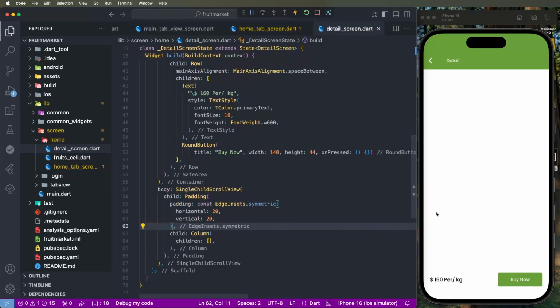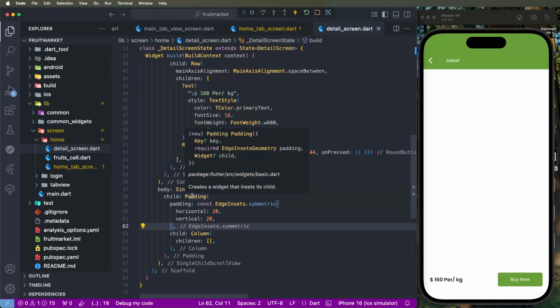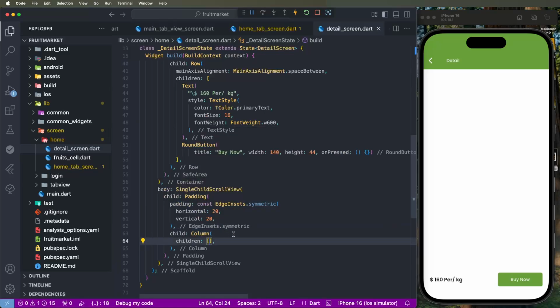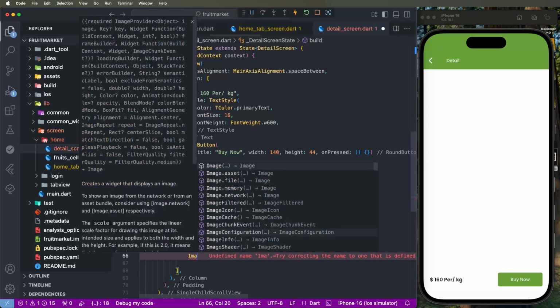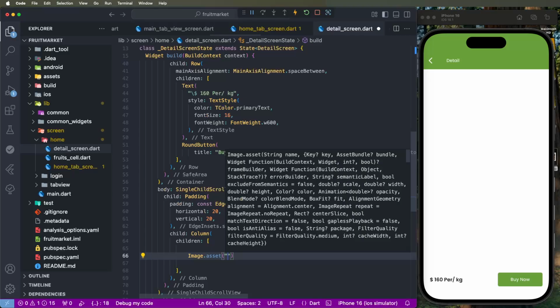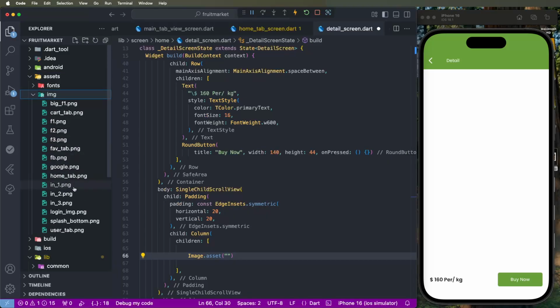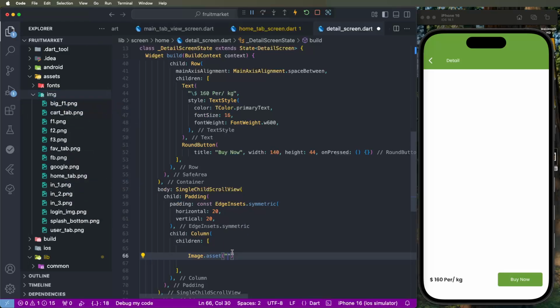We need to set this for the data we are drawing. First of all, we need a single child scroll view tag. Inside it we develop the padding, and inside that we create the column. Now we need to show the root image. Write the image asset; I have already put it inside the assets folder, in the img folder, the big fruit image. Copy the relative path and paste it here, and give the width equal to